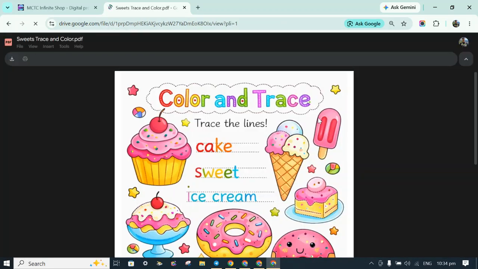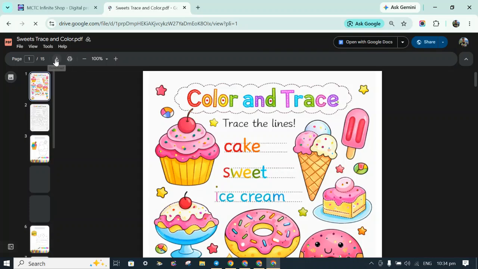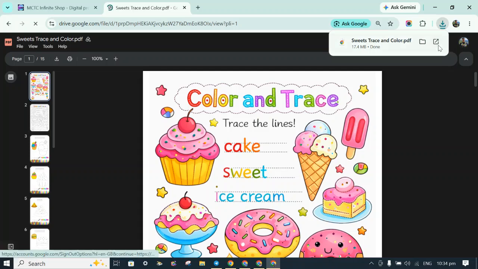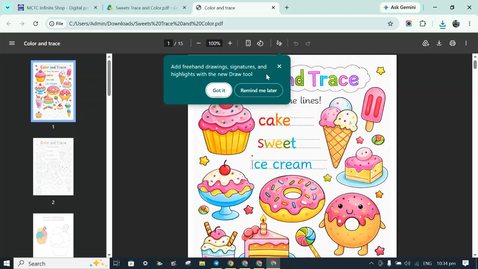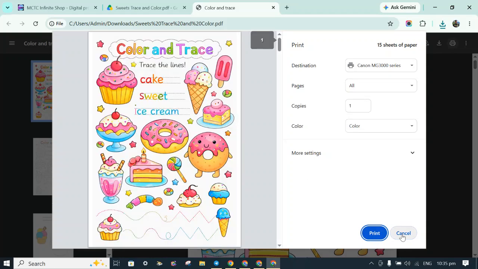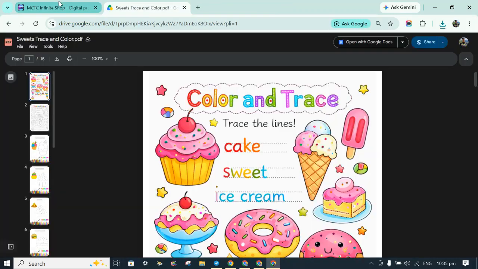And then once you click that, there you go, you will be able to access the link, and then he can click download for him to download the digital product in his device. There you go, and then he will be able to open it, as you can see, and then he will be able to print it. He can print it if he has a printer at home, or go to the nearby printing shop. Okay, so print, and there you go.